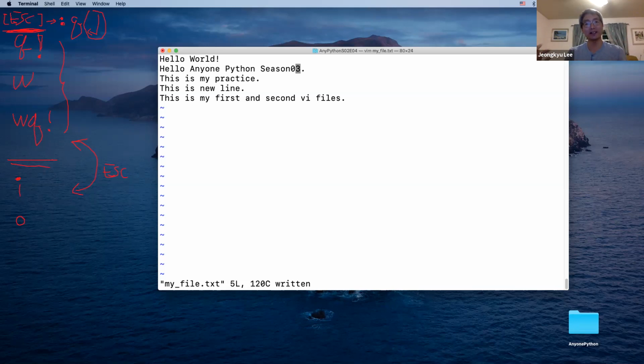Anyone? Replace. To replace? Just guess. So as I mentioned several times, computer command is really simple. You can guess. So I command replace. So let's try. So first you need to ESC, then move the cursor where you want to replace. So I want to replace the 3 by 2. Then R,